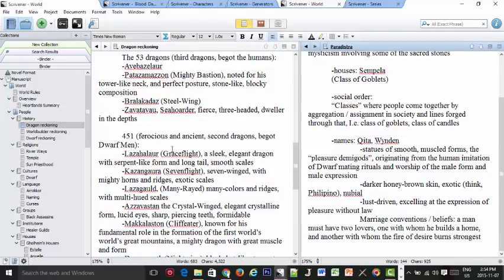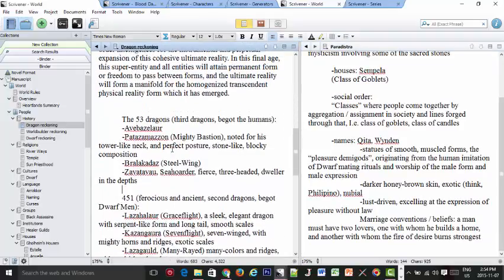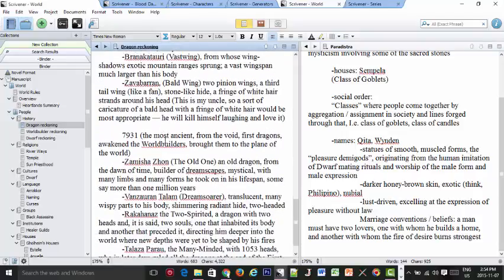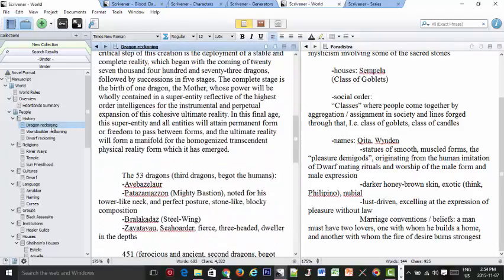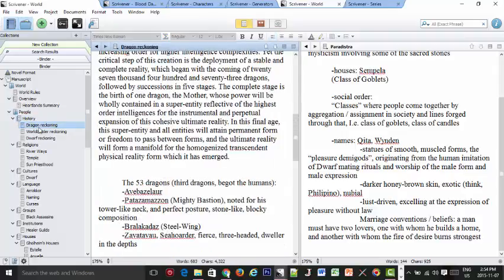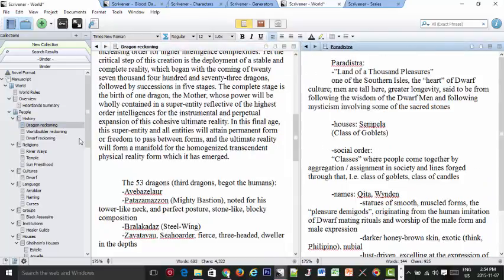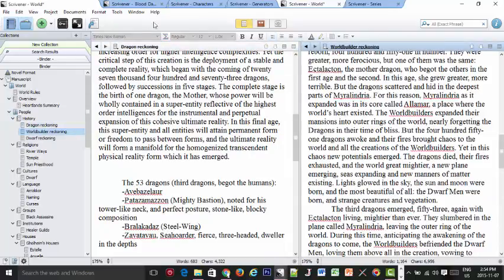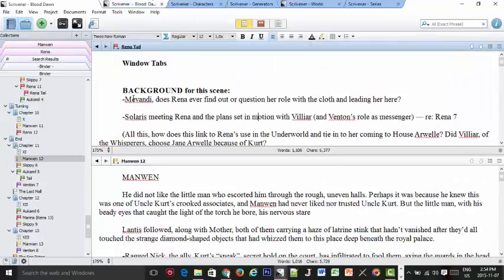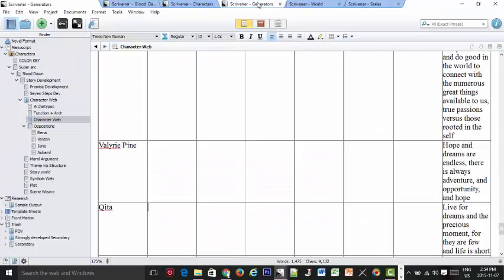Blood Dawn as buying 7 copies as dragons. I do indeed add it to my world file in this part called Dragon Reckoning, and that's the type of historical perspective in the history category. So yeah, you see that's my world file. So anyway, Window Tabs is very useful for being able to come and go between